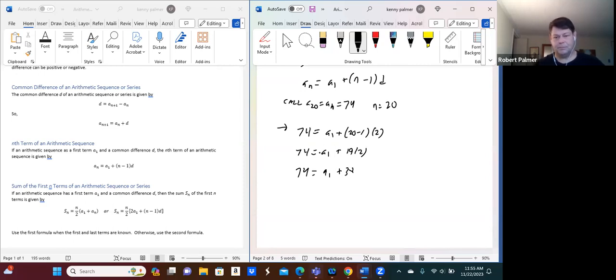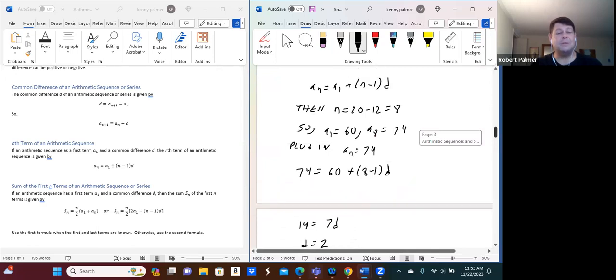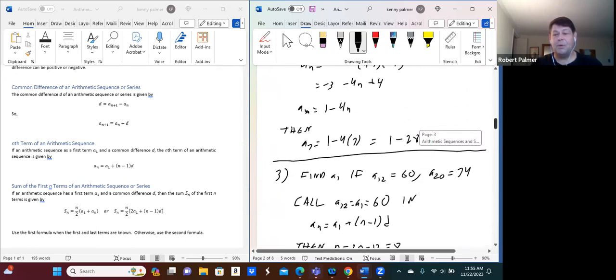36. So A1 is equal to 36. Okay, so that's just good practice working with this formula, understanding how we can use this. And also the fact that in terms of that formula, as I said,